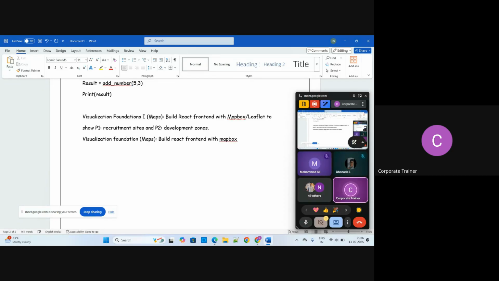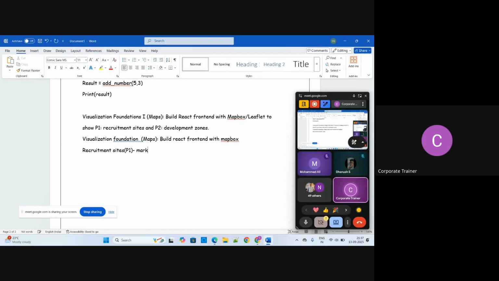So we have to showcase the recruitment sites. That means in which portion we are working. So we can say this is P1, recruitment sites. That means here we are marking something, that is, the pin portion you can see in your Mapbox. So basically you have marked something.